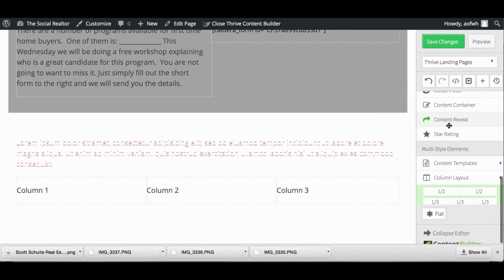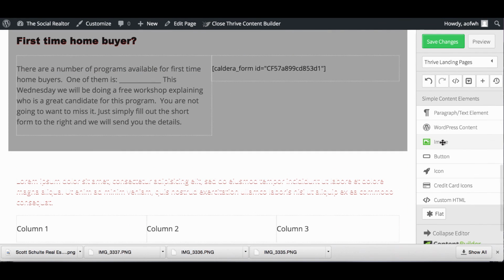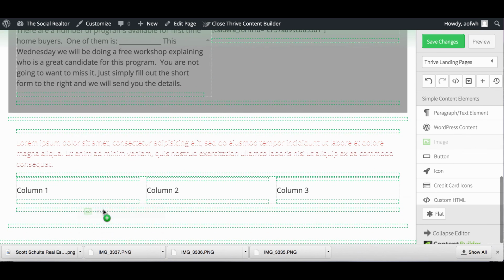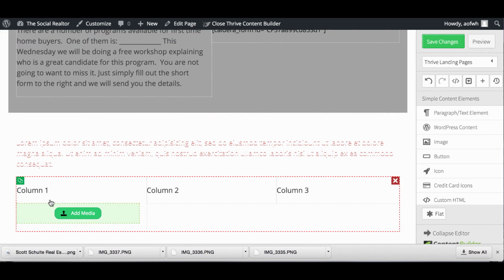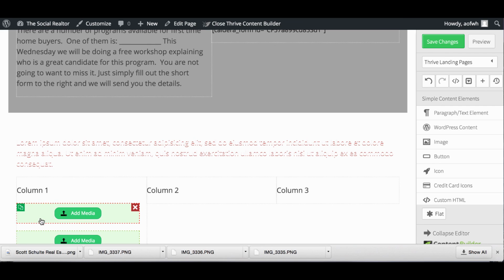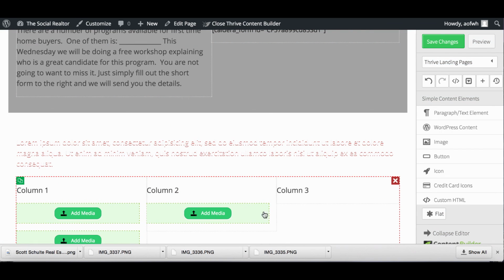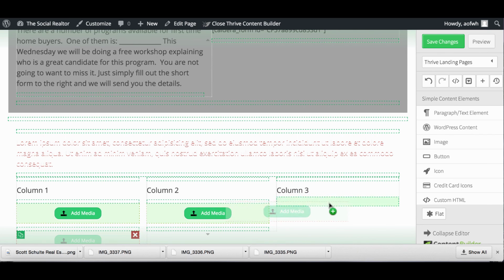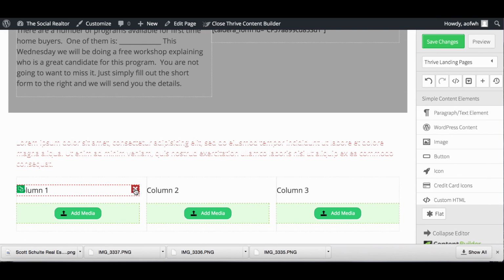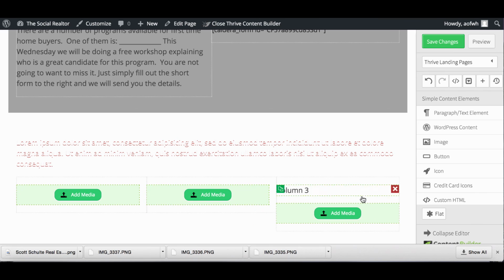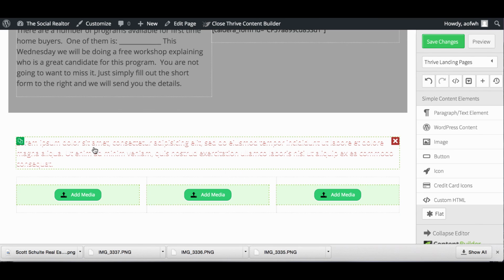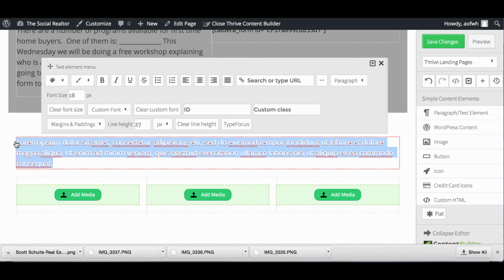And then, like I was saying before, you can put images here. You see,